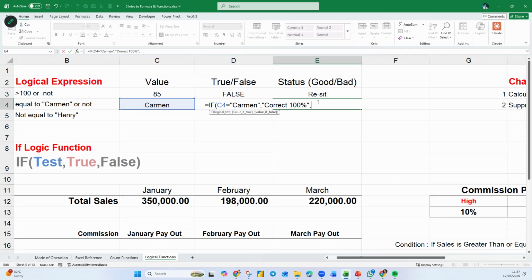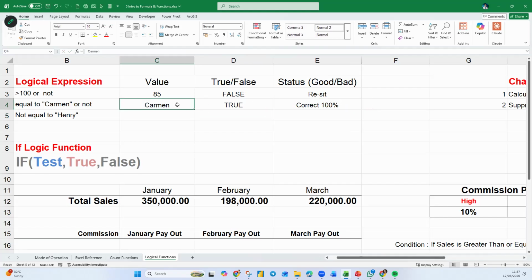100%, close. Then if it's not common, okay, try again. Maybe you want to put here wrong. Then you put there, try again. So common, correct. So if I put here Kelvin, cannot, wrong, try again. Now, some of you here are trainers, some of you are teachers, some of you are in different environments. So you can tell them what you want to do.